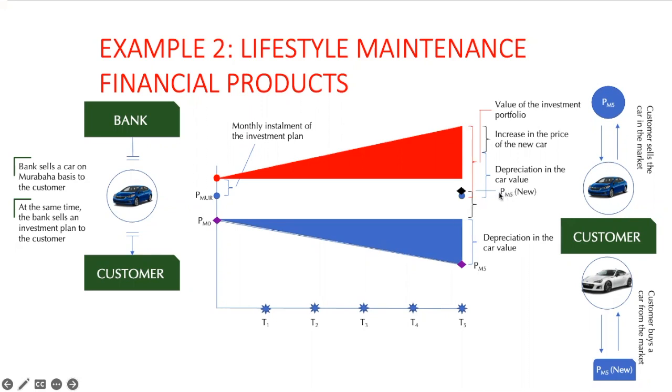The price of the new model of the car at the end of 5 years would be this PM5, which is shown by this black diamond. So in this case, the value of the investment plan would be good enough for the customer to go for the new car. So the customer would sell this old car for the price of PM5 and would have access to this investment portfolio to top up the money received as the price of the old car, and would be buying the new car by way of paying PM5. So this could be a Murabaha cum investment plan response to lifestyle maintenance, hence an example of a lifestyle maintenance